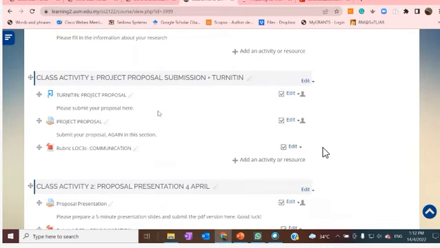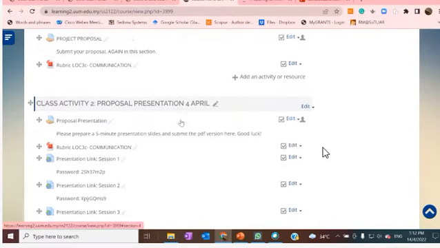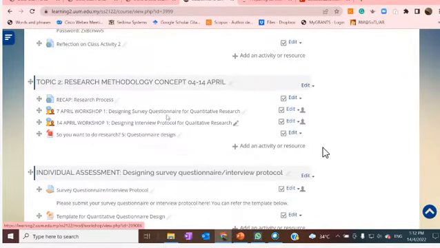presented your proposal, especially your research objective and research question and so on. And then previously we also looked at the topic on how to design a survey questionnaire for quantitative research. Previously kita tengok there are a few steps on how to design the questionnaire for quantitative research. So you can try,